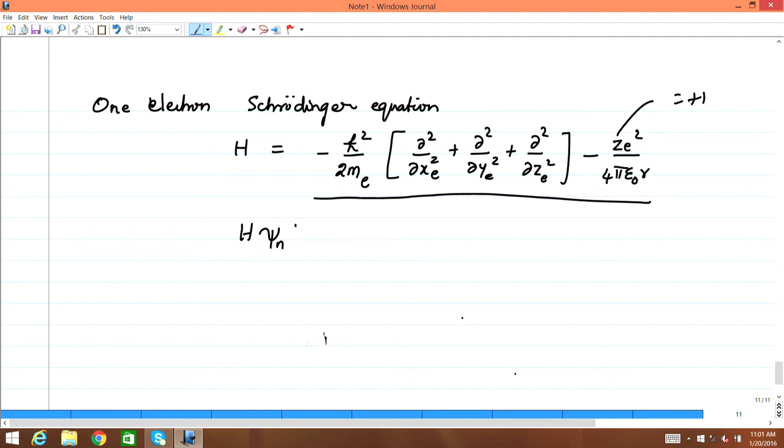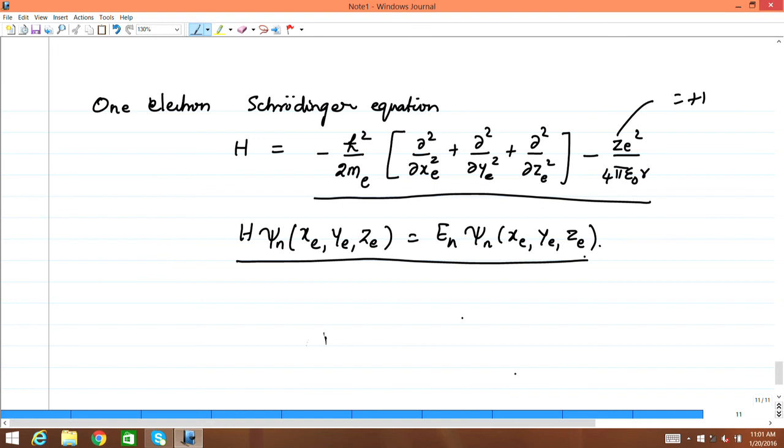H psi n, which is now a function of the 3 coordinates x e, y e and z e, is equal to E n times psi n of x e, y e, z e. So, these solutions,